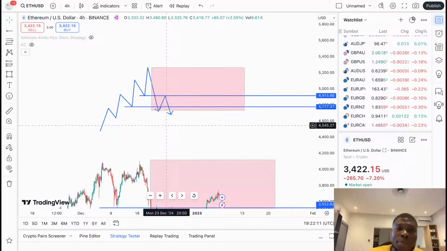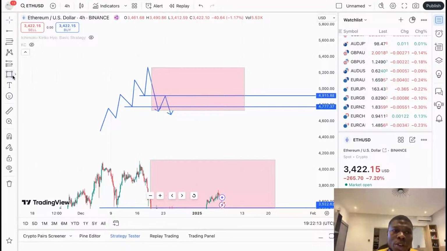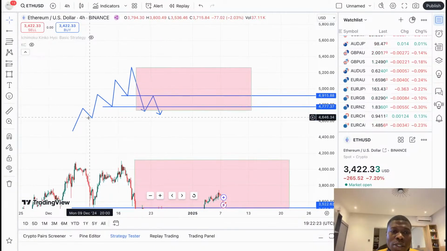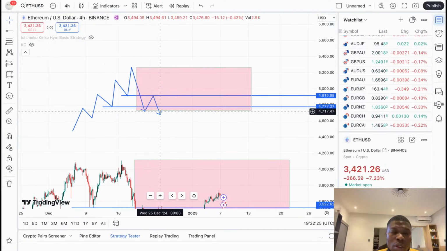Region, look at it again. Look, this is a ranging region, so expect the market to range. If it makes a low, this is the low that we actually take this market. I didn't talk about this low. This is the low I talked about. If it makes a lower low here, that means we are officially in a downtrend.